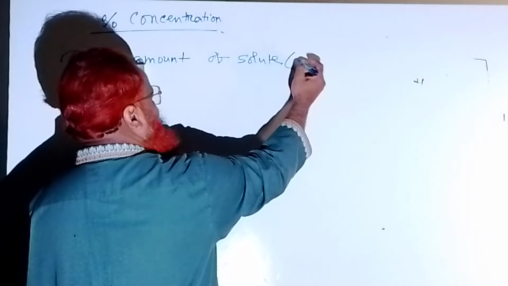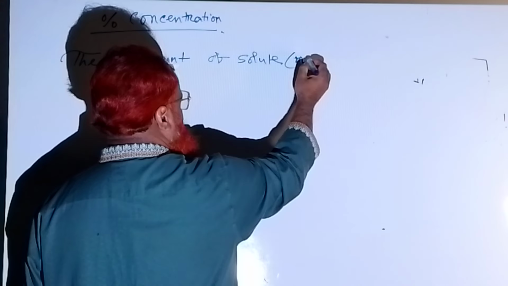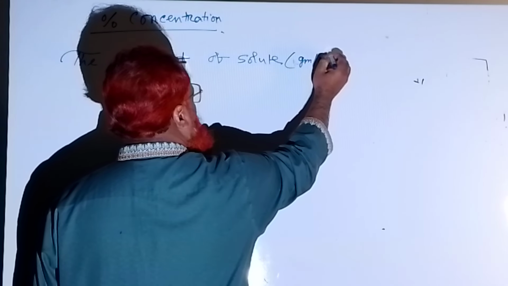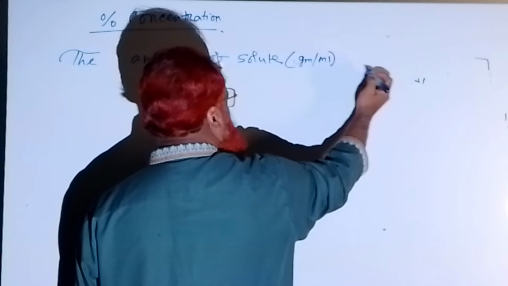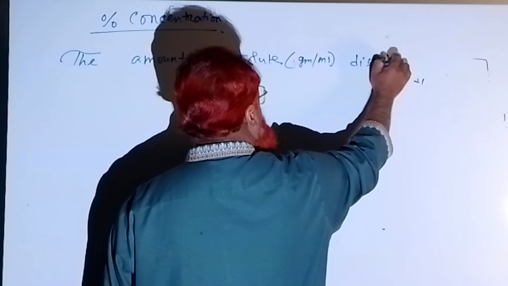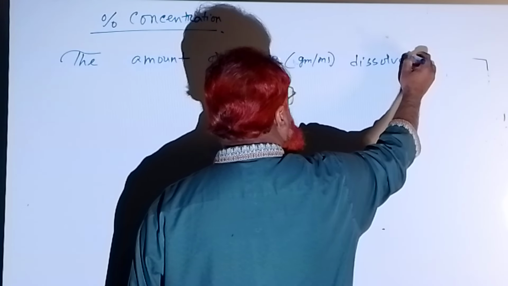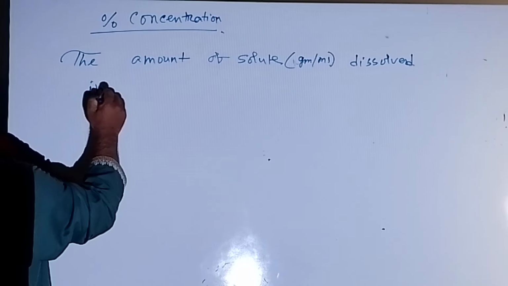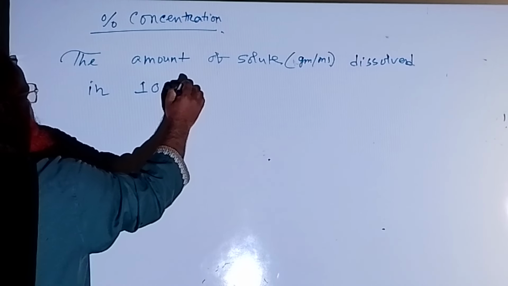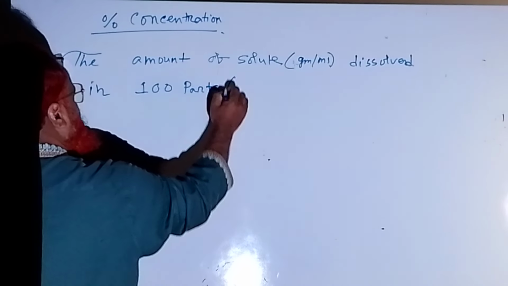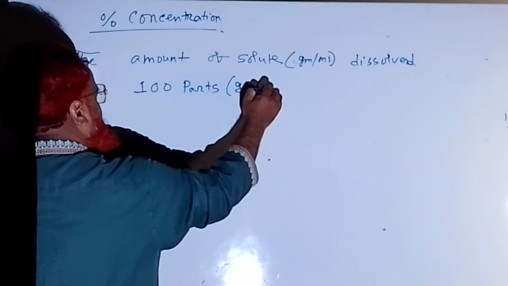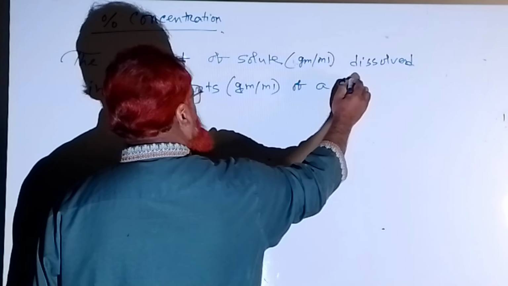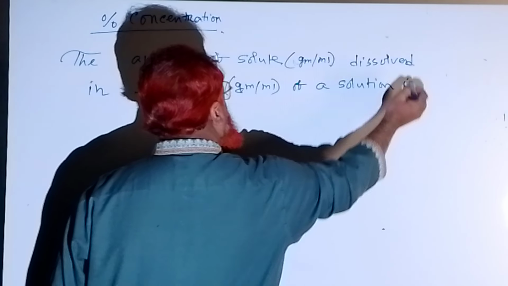So solute cannot be solid all the time, it may be in liquid condition also. The amount of solute dissolved in 100 parts, it may be in gram or ml, 100 parts of a solution is called